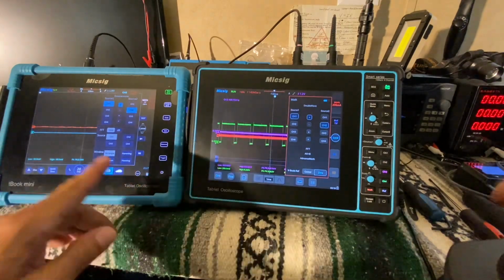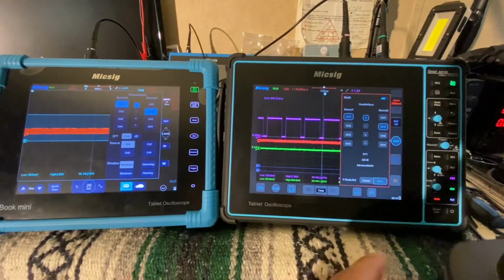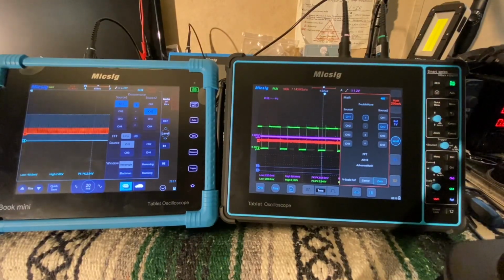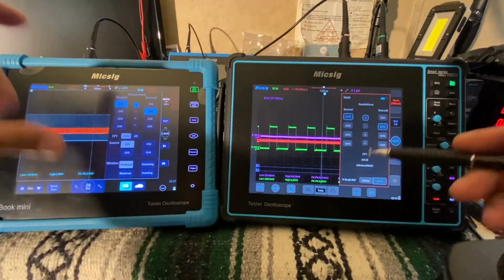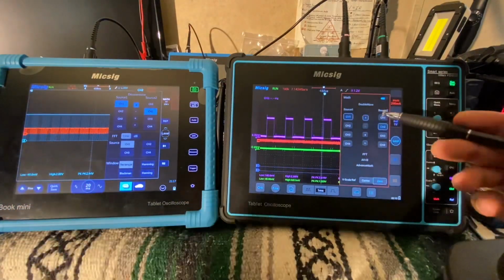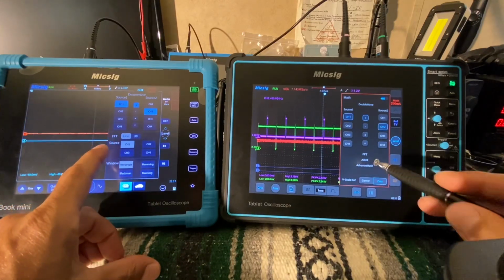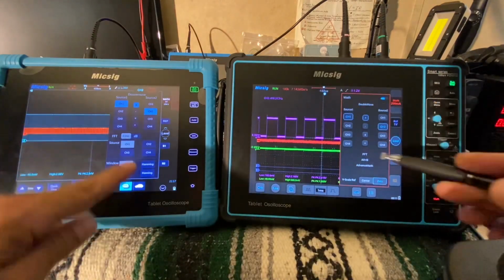In fact, I haven't compared these differences in these two with the math menus. I'll be honest with you guys, I don't use the math menus. I'm not familiar with how to use that. I could really use a class in that because I'm unfamiliar. I mean, of course I can add or subtract one channel from the other, that stuff, but all this other stuff like the FFT, AX plus B, advanced math,